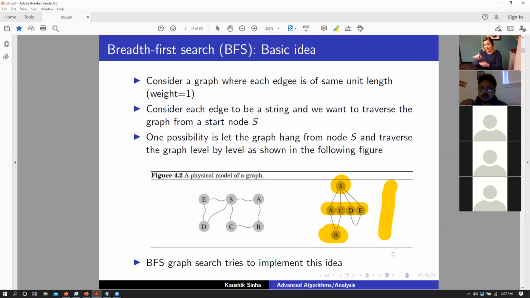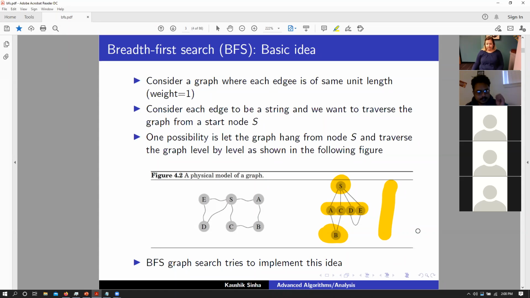So you can imagine BFS as a search algorithm that looks like, let's say that you open the tap and the water is flooding out from the node S. So if we open the tap at S, and S is connected to those particular neighbor nodes, it reaches those nodes first, and then it moves forward to the other nodes that are reachable after those nodes, right? So in that scenario, you can imagine that BFS will always find the shortest path given a particular graph and a starting node.